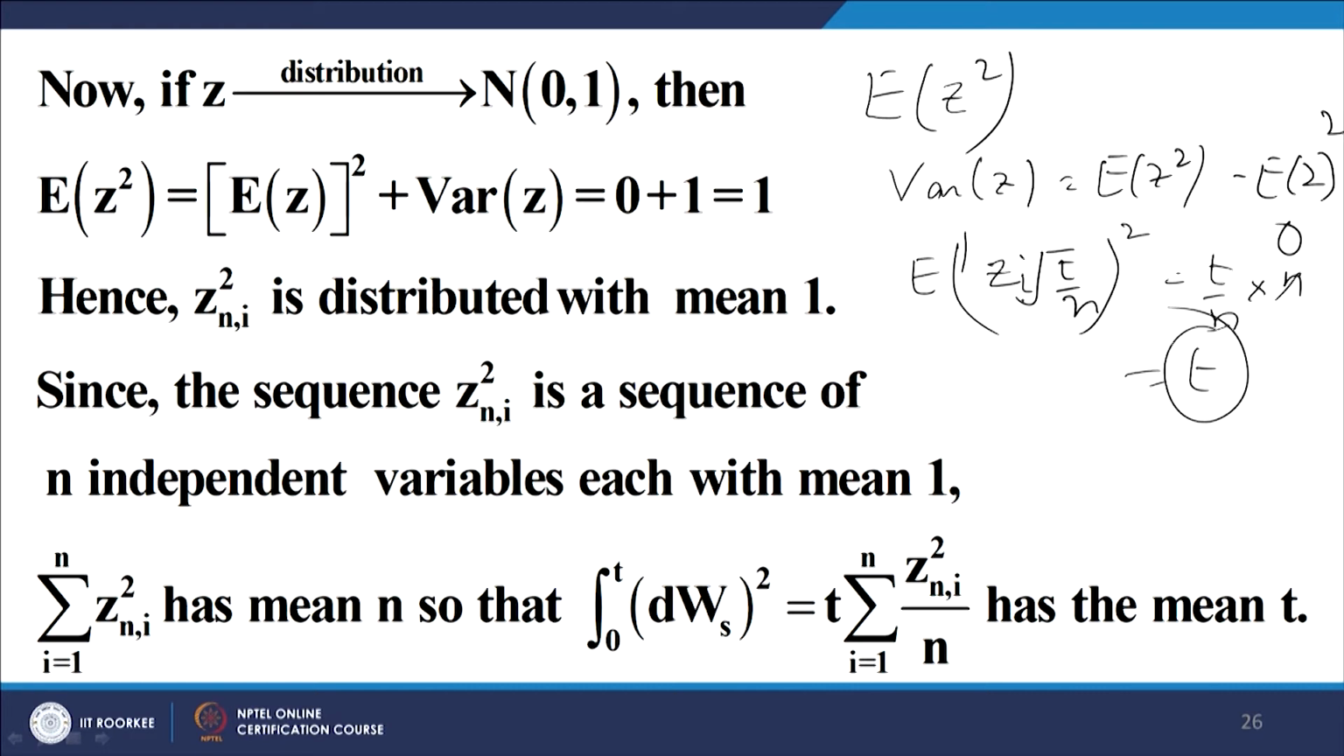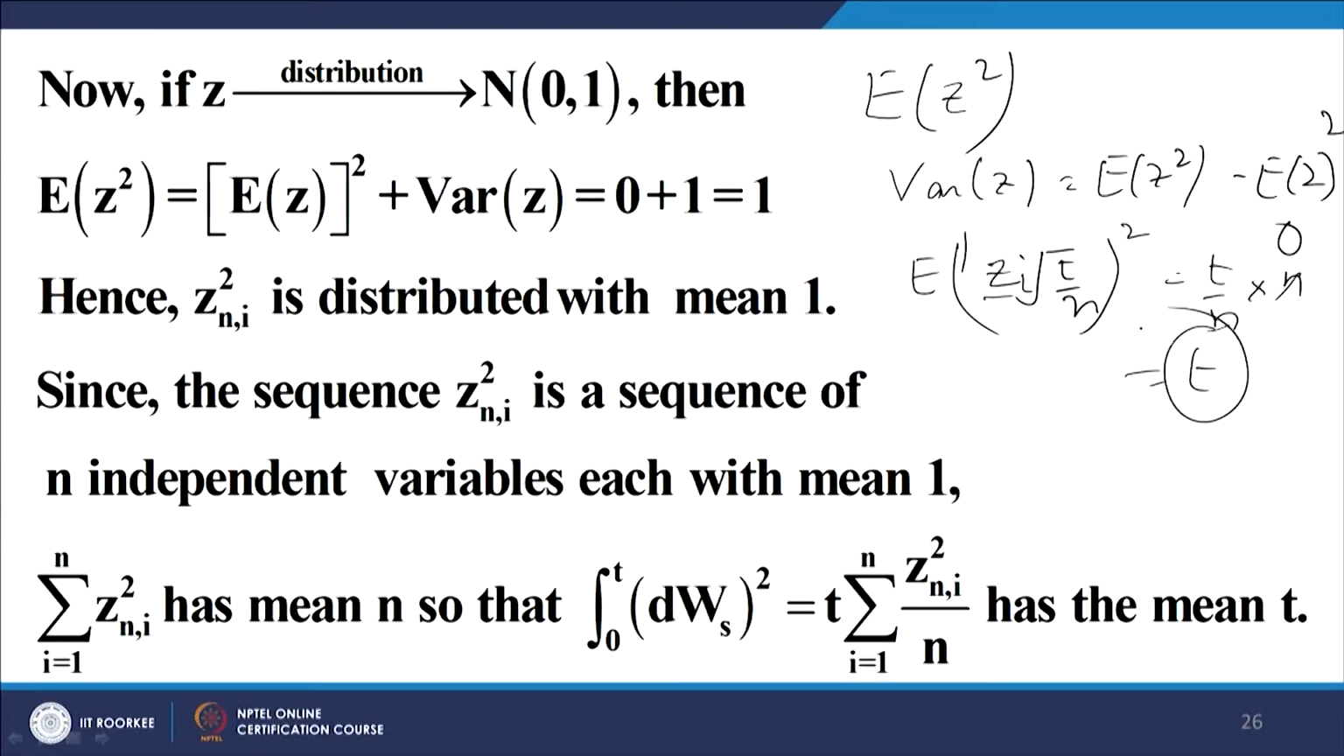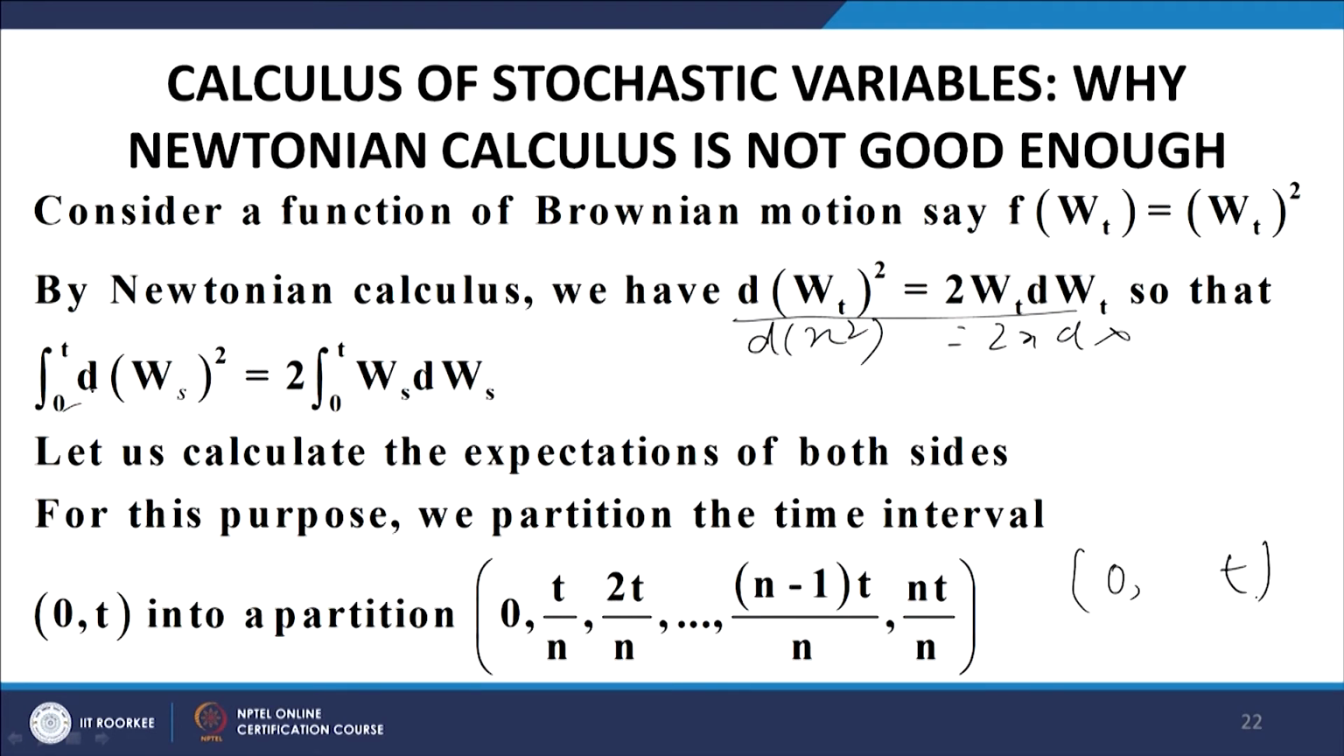This is for one z, and how many z's are there? There are n terms in this. So, there will be n z squares here, and therefore, the expectation value of the sum of n such variables will be t upon n into n, which will be equal to t. In other words, the expectation value of this is t. Therefore, what do we conclude? We conclude that this expression does not hold, is not correct